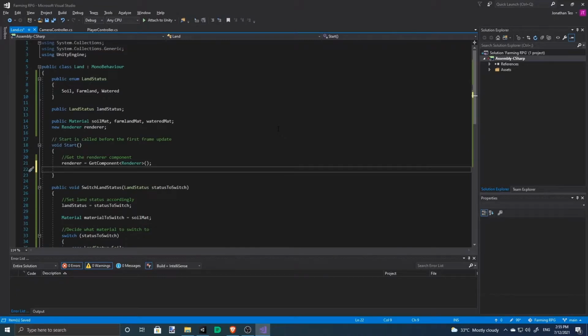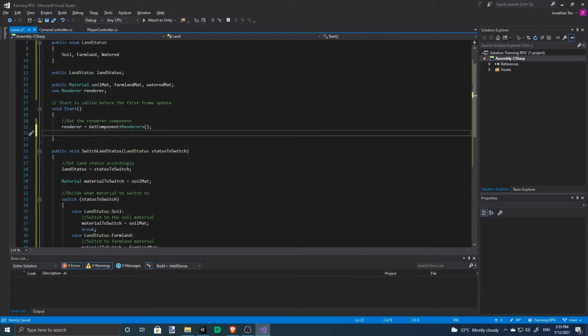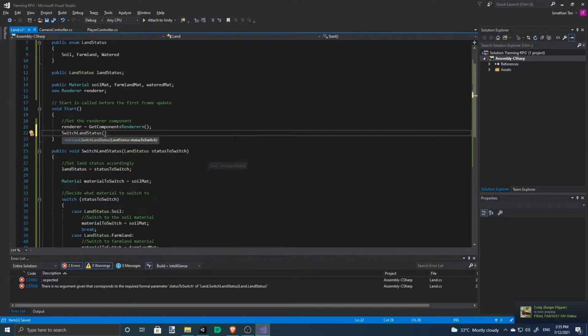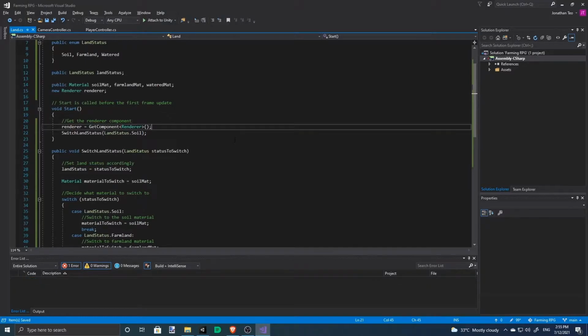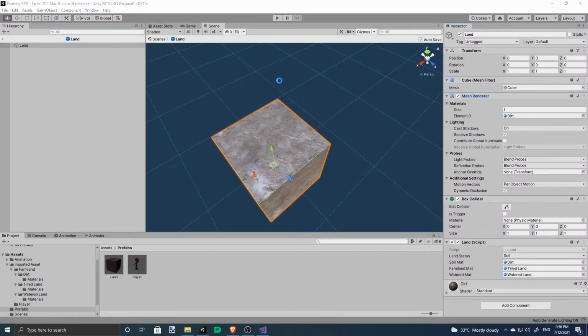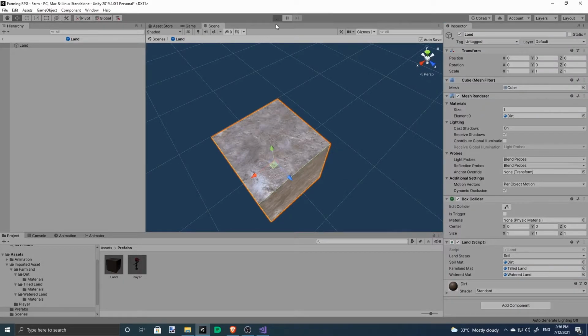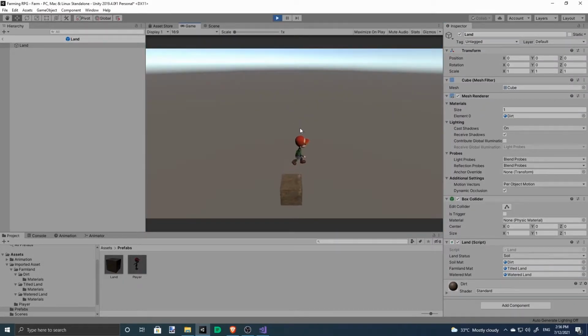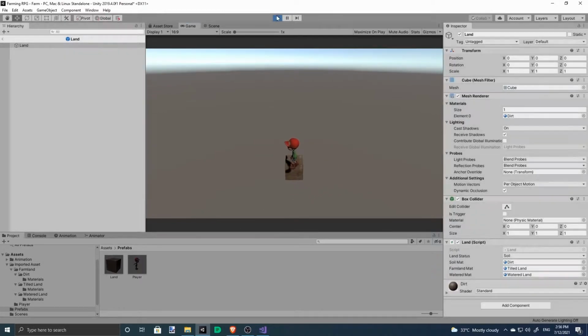So by default, our land status is going to be the soil. Well, nothing's happened because we haven't coded any way for the player to interact with this land.